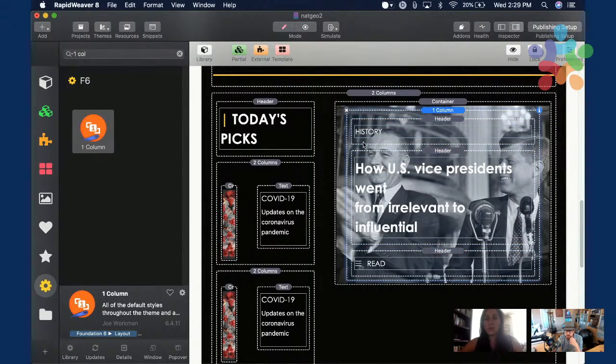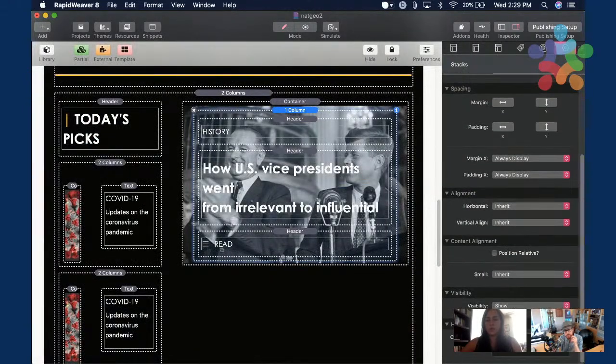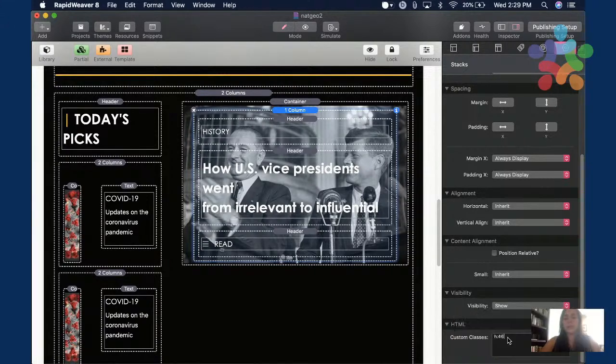And then the 1 column, I usually like to use the utility classes, and then you use height. And here you can use like 48 or whatever value you want, but I like to use like 50 VH, which means 50% of your browser height.